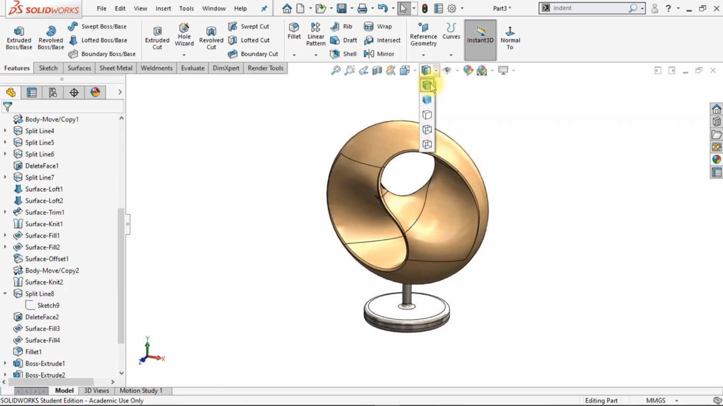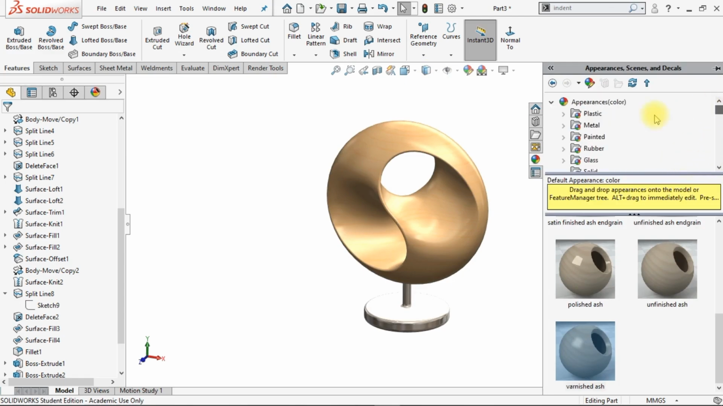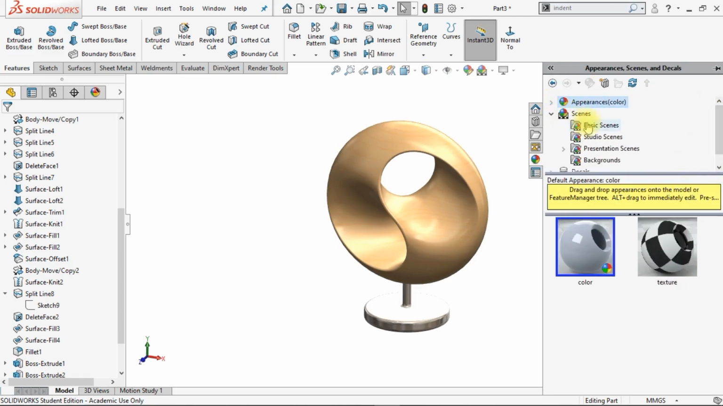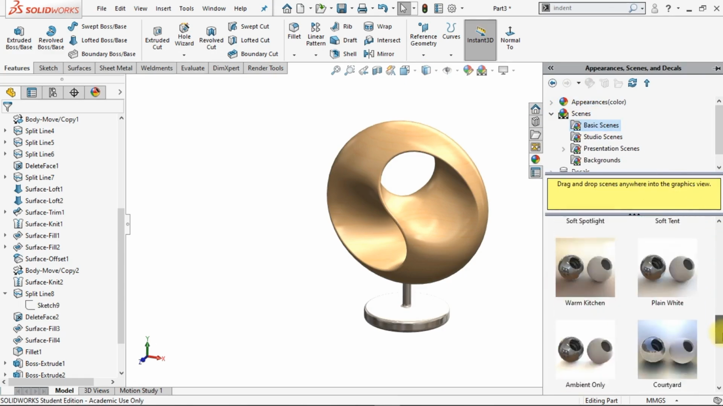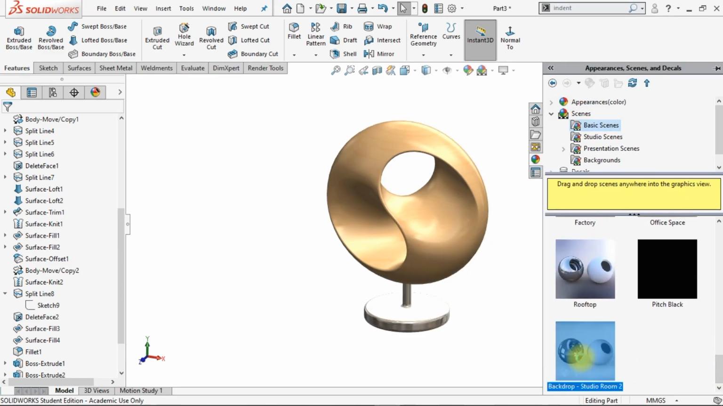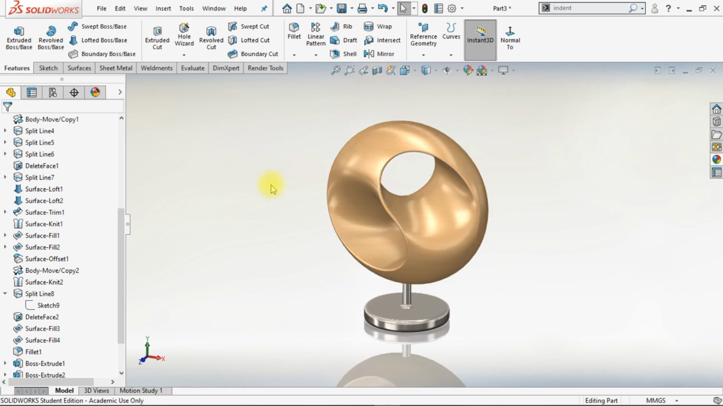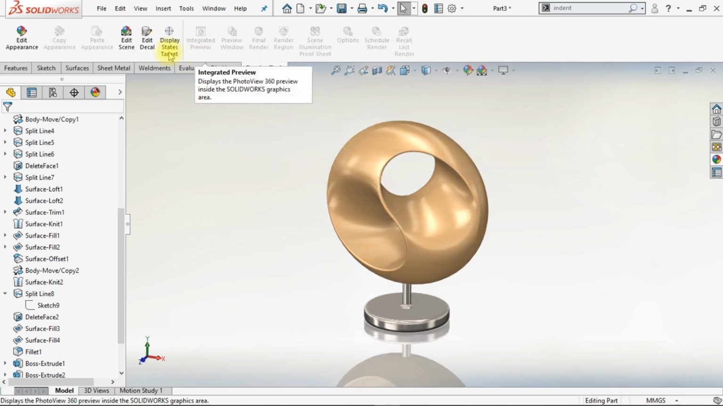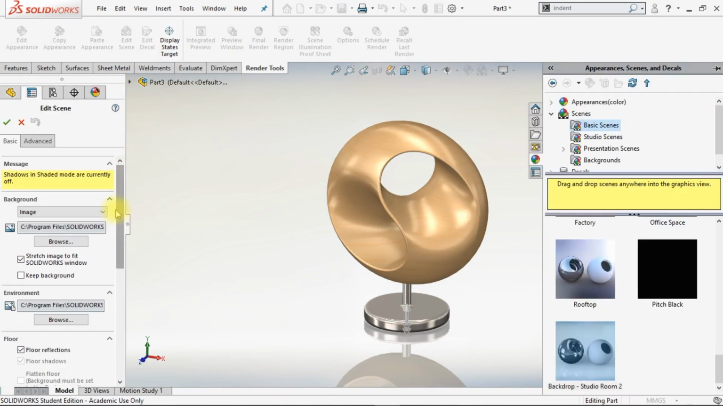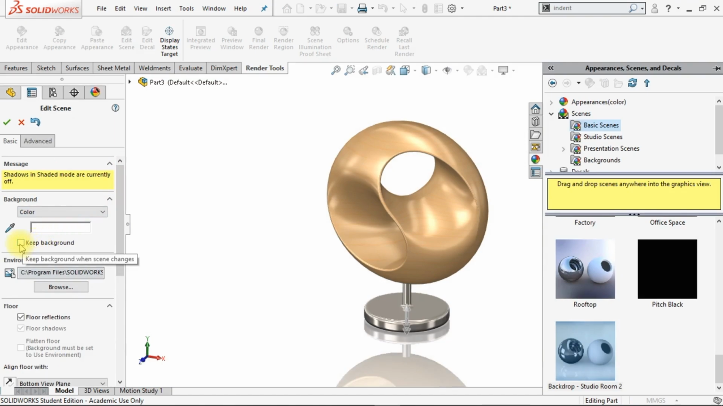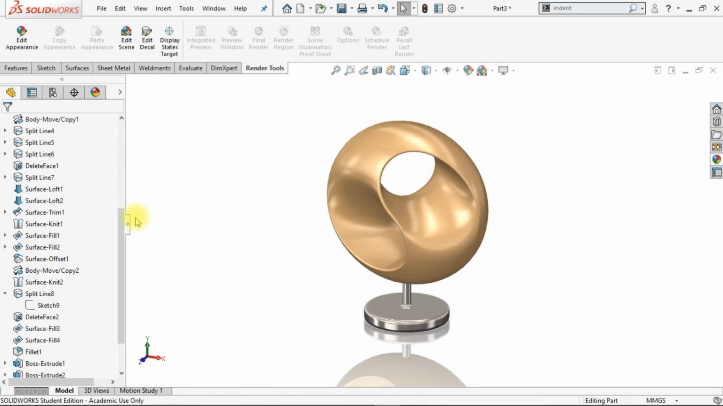Now turn off these edges, and now change the scene. Go to basic scenes, select backdrop shadows, which looks very good here, and now go to the render tools, edit a scene. From here select the color and make sure to keep the background, so when you change the background remains same. Okay,